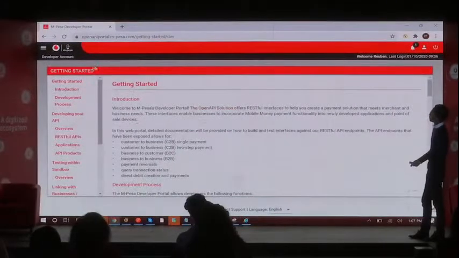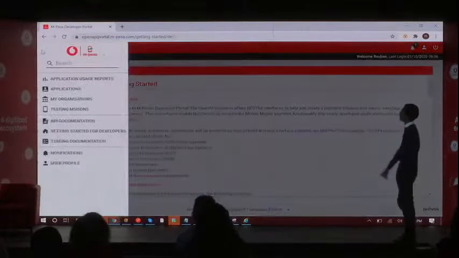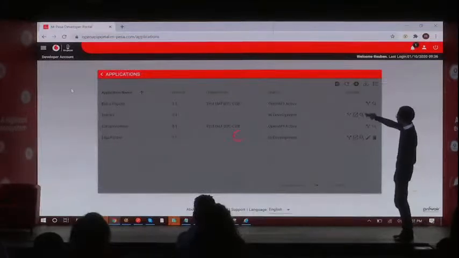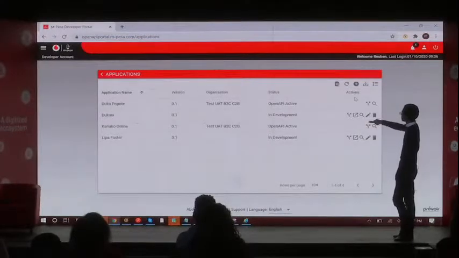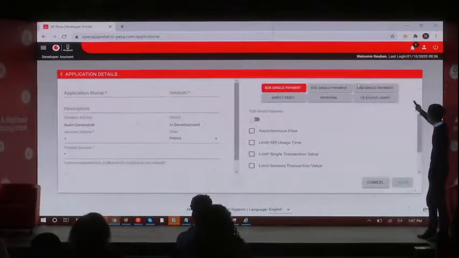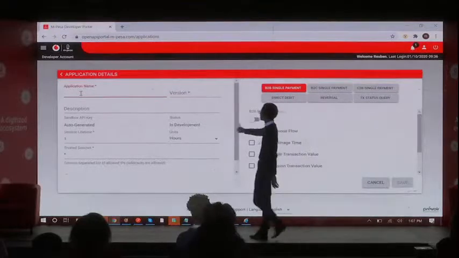So the developer is already logged in. You see, after you log in, purely documentation. So now you go to create an application. It is as simple as that. So these are the sample applications that are already there. And if you want to add another one, you just go there, you click, you put the details,